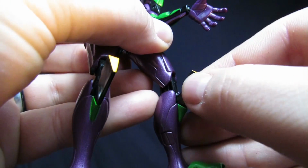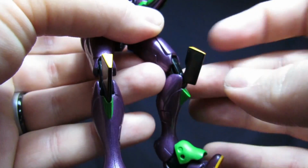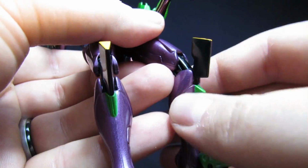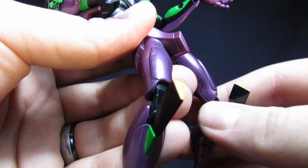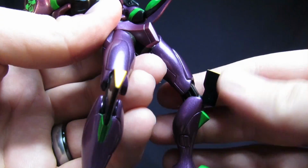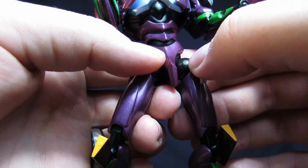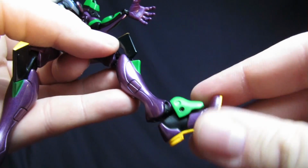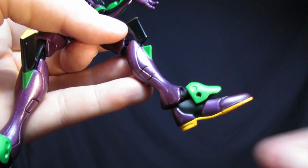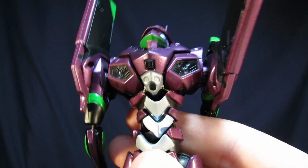We have the giant metal piece here for his kneecaps, which is actually made out of plastic. So this part I'd actually be a little bit worried about, because these sections here are actually made out of die cast. But to my understanding, the joints here are actually made out of plastic. Same with this little section here. So that's something to be a little bit concerned about. Same with the joint right here is made out of plastic. His toe here is made out of plastic, but the rest of the foot's actually die cast, which is really cool. But before we go with the articulation, I'll show you guys the back section details real quick, which are really awesome too,